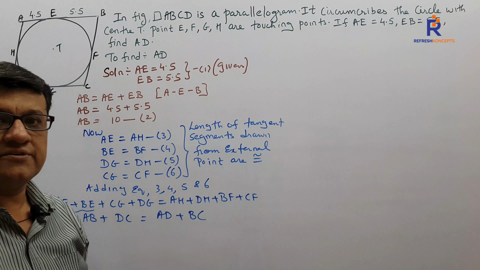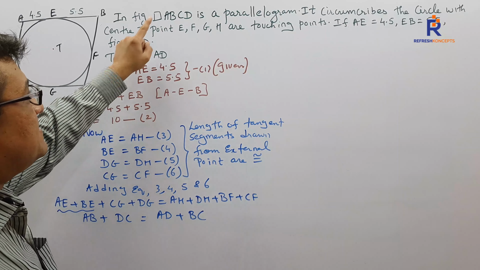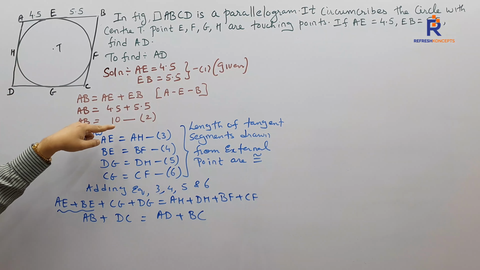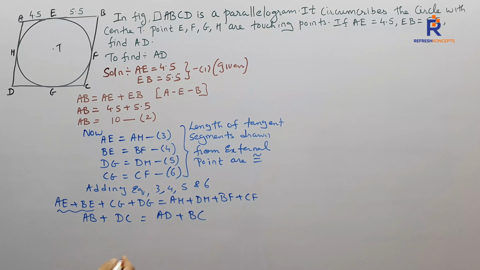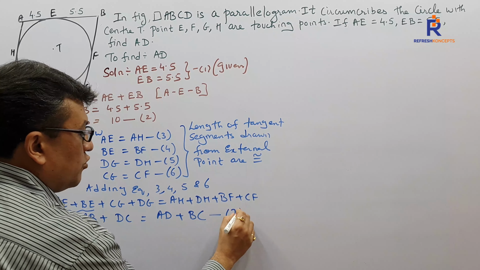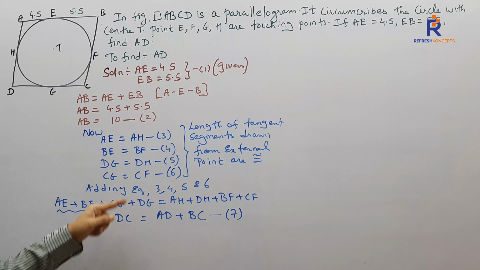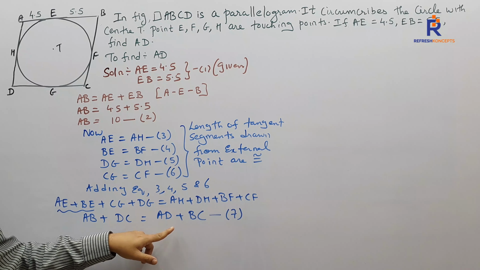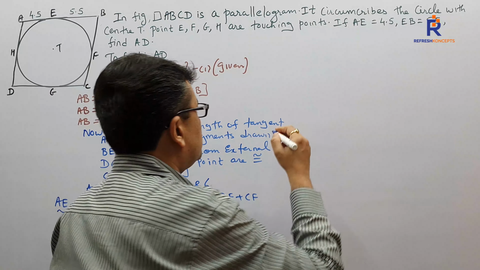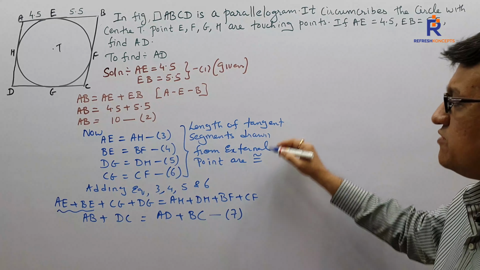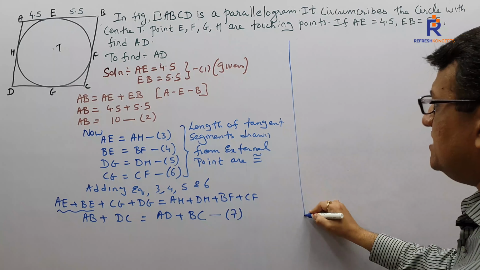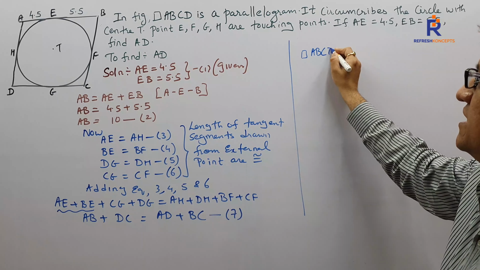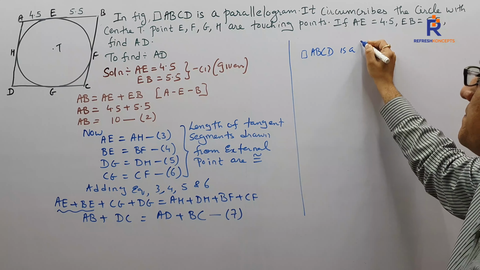Now what, sir? Now I shall say quadrilateral ABCD is a parallelogram. I did not write down one condition, that is what I'll write down. So let this be equation number 7. Whatever I'm going to write down as equation number 8 could have been written in equation 7 also. So now, after writing this as equation 7, since quadrilateral ABCD is a parallelogram,